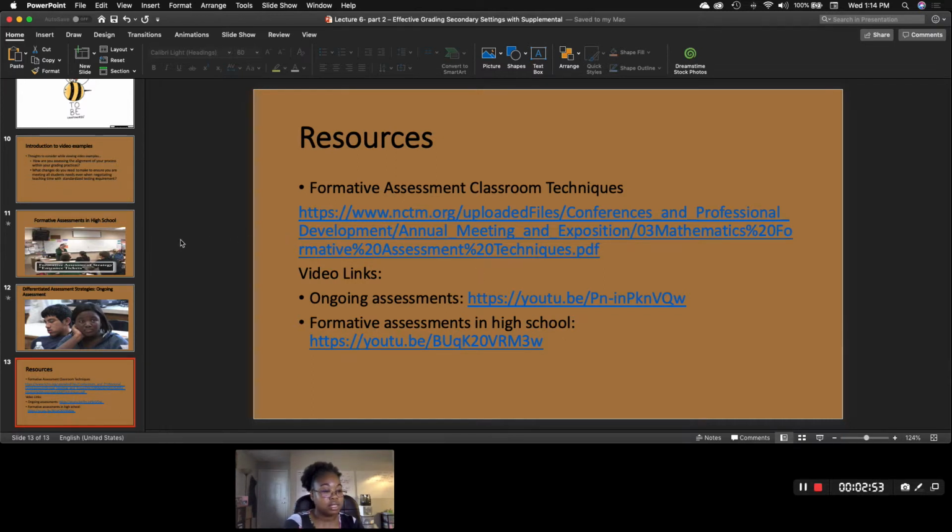The focus, like I said, is only on formative assessments, because the dynamics of schools within secondary settings sometimes do not allow teachers the autonomy to control the type of summative assessment that they have. So a great use of time would be to focus on the process by which you get there, and then making sure those standards are integrated into the process. Hopefully these are useful, and you will complete this activity by